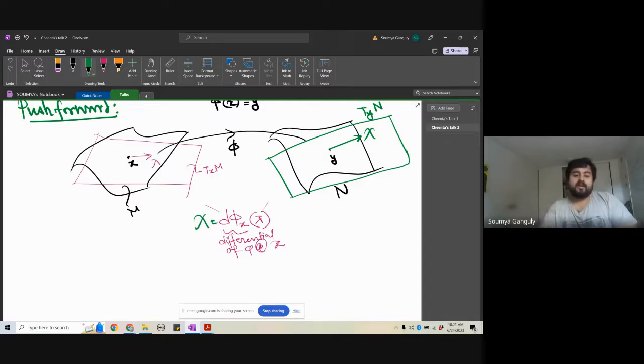Well, think of it like this. Suppose you have a curve on the manifold such that the velocity, which means the derivative of the curve at this point x, where of course the curve has to pass through x,